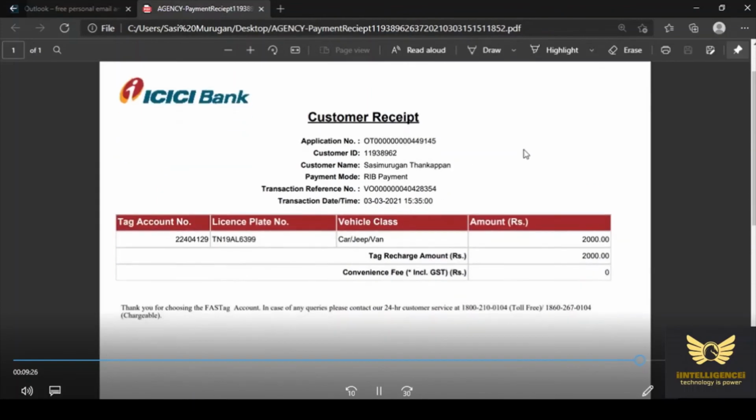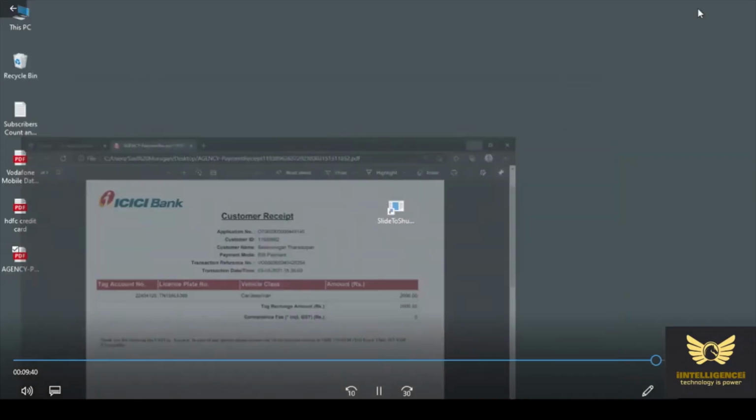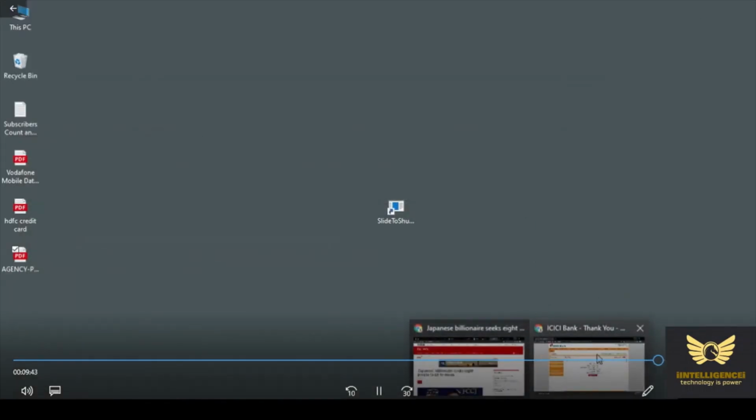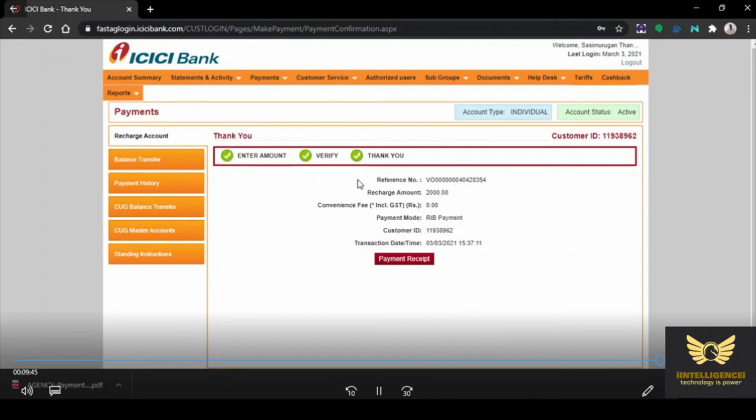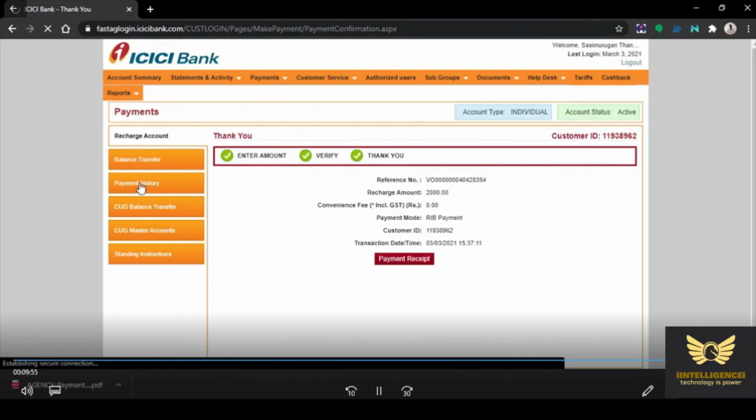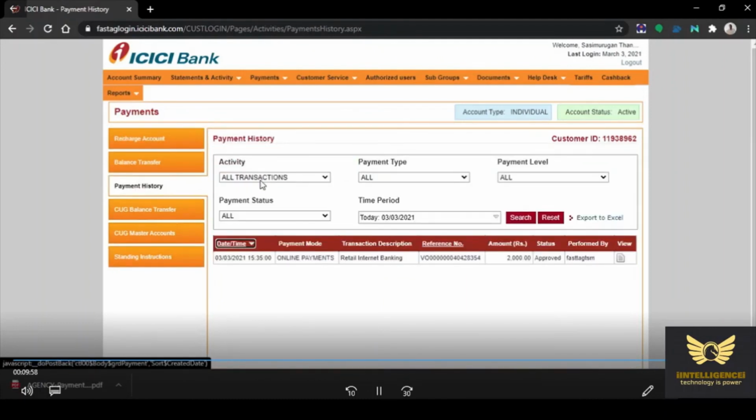This is the receipt for which you have recharged the FASTag account with the ICICI Bank. This shows the tag account, license plate number, vehicle, car, and amount recharged for FASTag. Thank you for choosing FASTag account, it says. Now come back to this. Let us check whether the amount has been updated in our FASTag account or not.